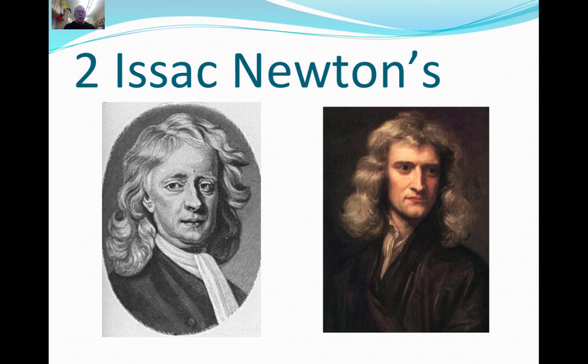But Newton, and part of the reason I wrote the two Isaac Newtons here is although he's very well known for physics, he was also very interested in alchemy, which is more of a spiritual kind of thing, and not really a science. It's more, I would say, like the precursor of chemistry, maybe, because they were concerned with how different things would mix together. The alchemists would try to find ways of making gold out of things that weren't gold, which would have been a pretty good trick if they could have pulled it off. And Newton also, like I said, was an alchemist as well as a physicist, which a lot of people don't know.